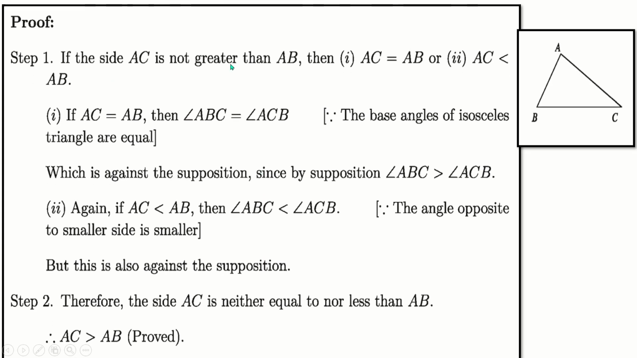Proof: if AC is not greater than AB, at first we have to let it contradict. AC is not greater than AB, that means AC equals AB or AC is less than AB. If AC equals AB, we have already proved that if two sides of a triangle are equal, then their opposite angles are also equal. The side AC is opposite angle B, that means angle ABC is equal to angle ACB, which is